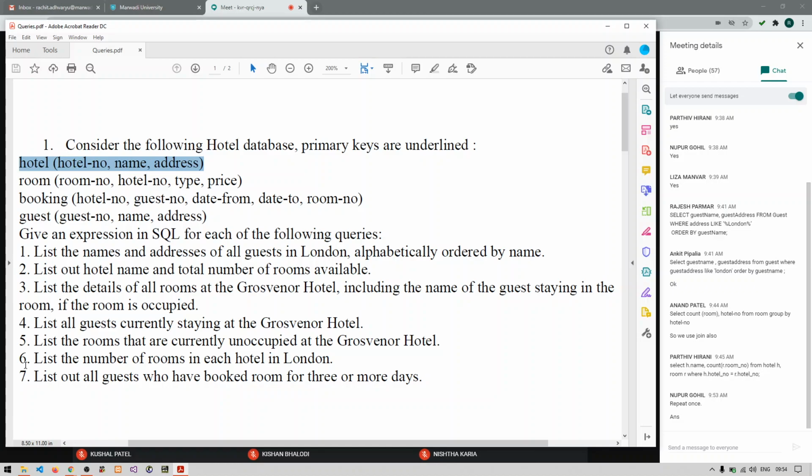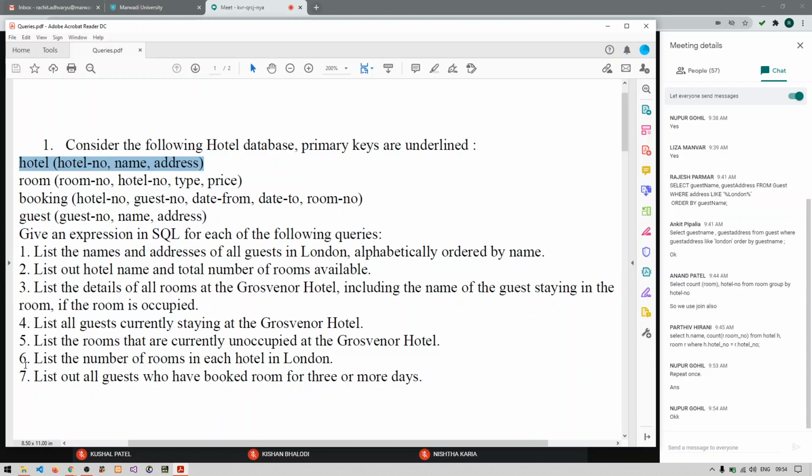That would be your complete answer. We have joined four tables and fetched the data from three different tables using that join operation.